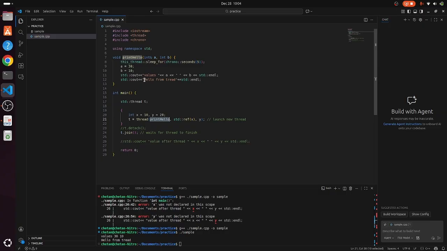Now, is it the only way, like creating a function and then passing it inside a thread? Is it the only way we can deal with the execution of a thread? No, it is not. We'll just comment out this block since it is not right, and let us create one more thread. So std::thread, and we'll keep a name, say